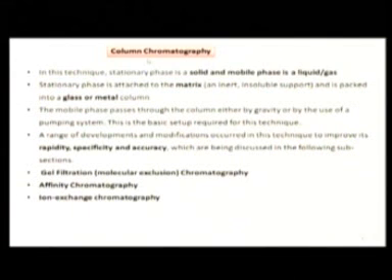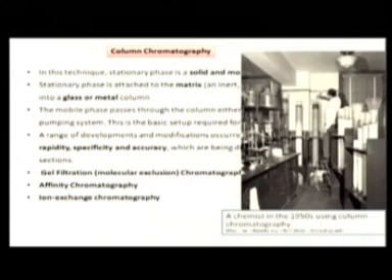Again in column chromatography, there are majorly three types. One is gel filtration chromatography, another is affinity chromatography, and the other is ion exchange chromatography. In this picture, you can see a scientist using a column chromatography, but this picture belongs to the 1950s. The reason I am showing it is that in the history of chemistry, scientists used such huge columns, almost 5 to 6 feet in height. But nowadays, there are tremendous developments, and you get small-sized columns which do effective separation and effective elutions also.